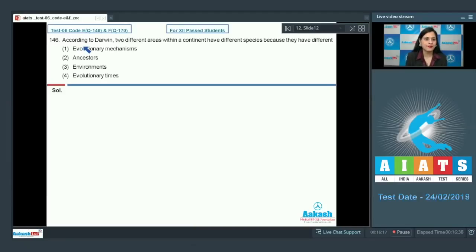Question number 146. According to Darwin, two different areas within a continent have different species because they have different, and the options are evolutionary mechanisms, ancestors, environments, and evolutionary times. And the correct answer to this question is option number 3, environments, because basic evolutionary mechanism remains same irrespective of